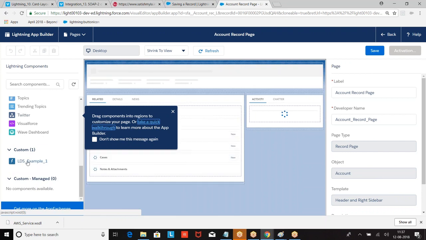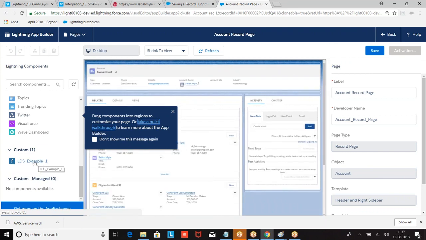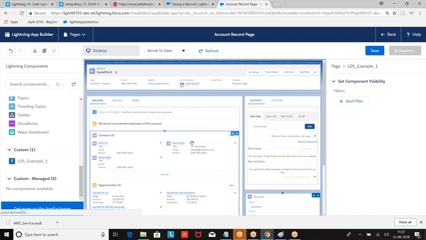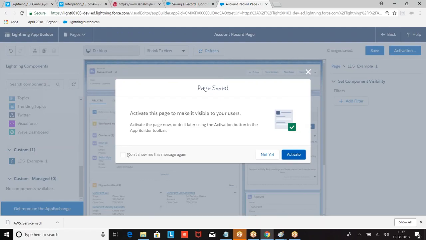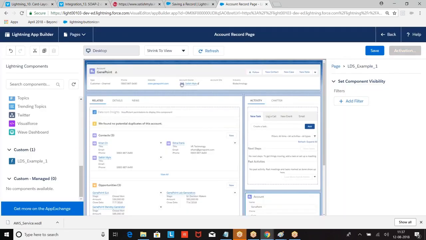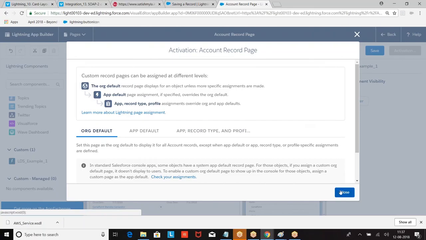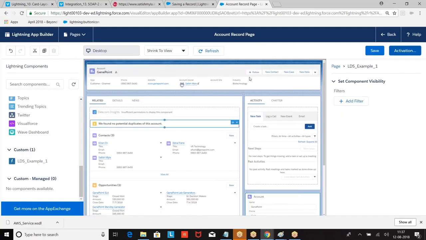What are you finding here? Because I told available for record home, flexipage available for record home. Then take this component, drag and drop. See this component, drag and drop. Activate. It'll ask you, do you want to run with the organization defaults?